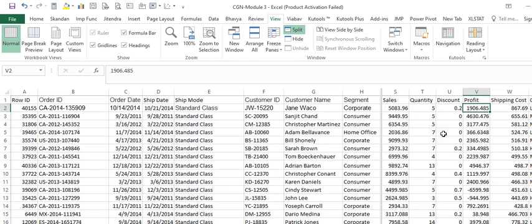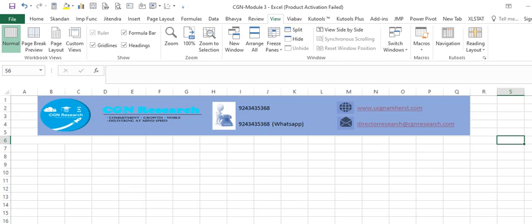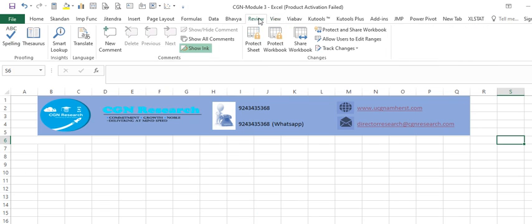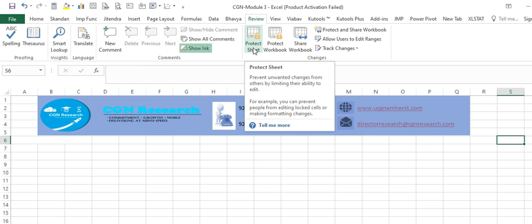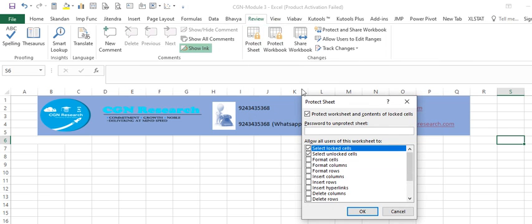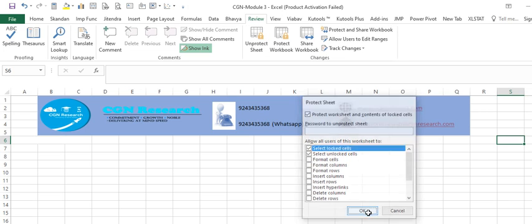Next, I want to walk you through protecting the sheet and the worksheets. This can be done from various points. One is you can do it from here. If I want to protect the sheet, you can select lock cells, unlock cells, format cells, whatever options you want here, and then click OK.